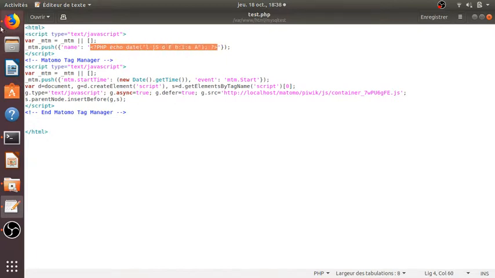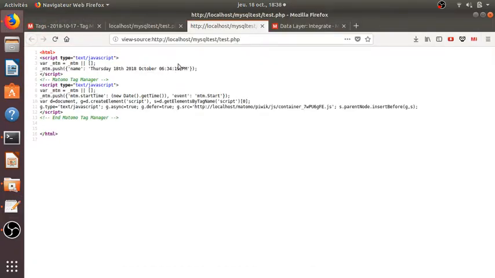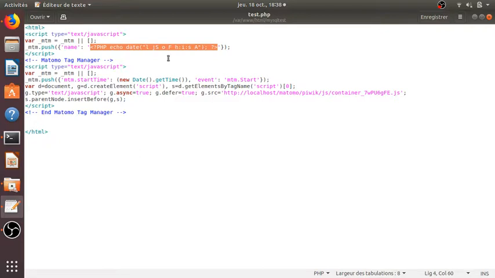If I refresh my page with F5, you will see that the time changes, because right now it's 6:38. As you can see, the value of my data layer is automatically filled in with a PHP function that I created and added here. Of course, it's not very relevant to add the date, but it was just to show you that the data layer is not something set in stone. It's really some function that you can add here.